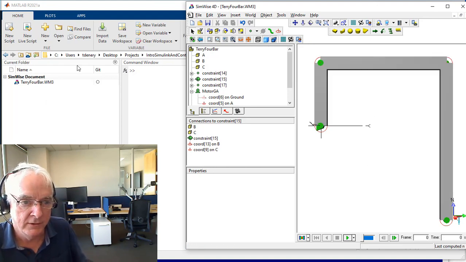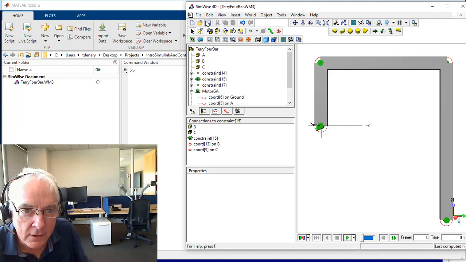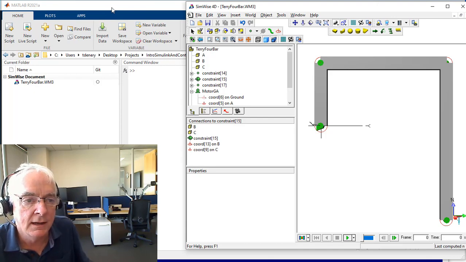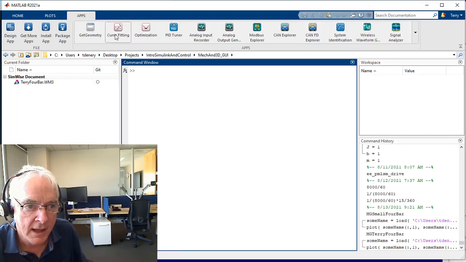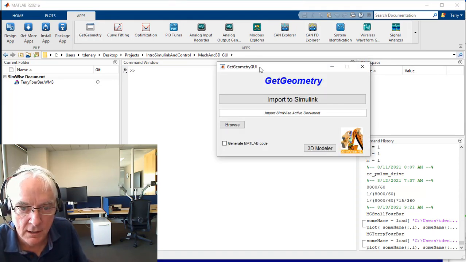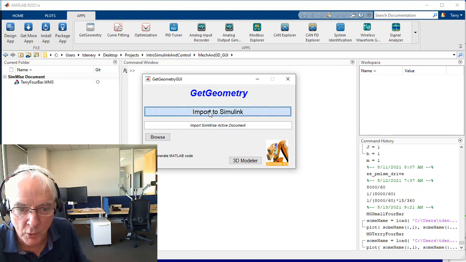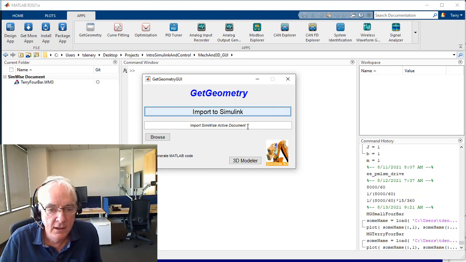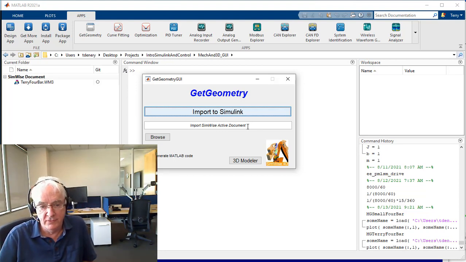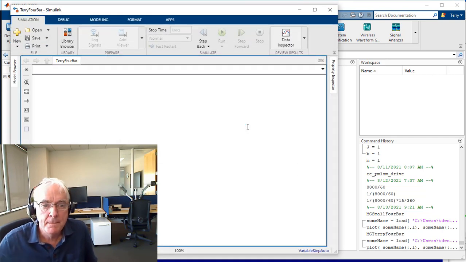And so now what I want to do is save this in that form, and let's go ahead and bring it in. So I'll get back to MATLAB, go to Apps, and go to Get Geometry, and again it will import the active document of, I'm sorry, of SimWise, which is the one we're just looking at, right? And we went through this, I guess, like 2 videos ago, and it's going to generate a Simulink model,